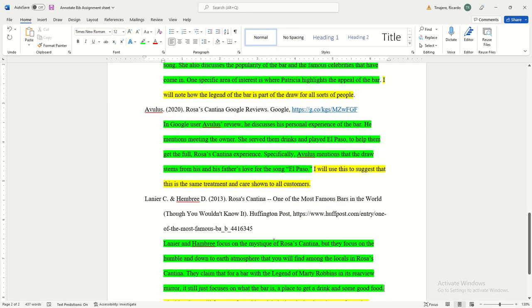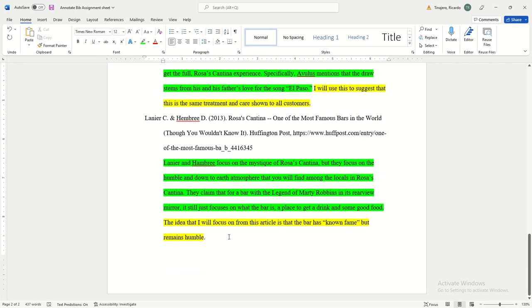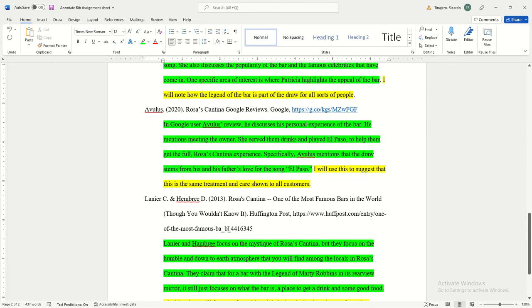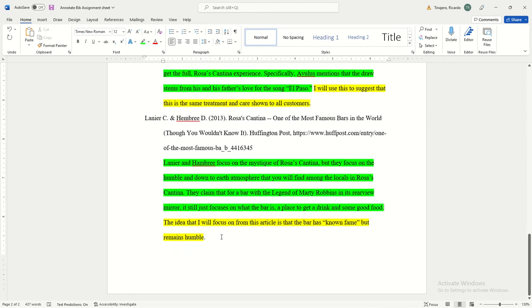Remember that you need to have 3 sources for your paper, and this is going to be that proof to tell me that you are doing the work, that you're getting towards the completion of the paper. The paper itself is due on the 11th, right? So if we were to take a look at when that is, that's not next Friday, which will be the 4th, but it's going to be the following Friday. So next week, I want you to turn this in so that way I can review your articles, make sure you're using them correctly. Also, in addition to this annotated bibliography, you must include a photo of